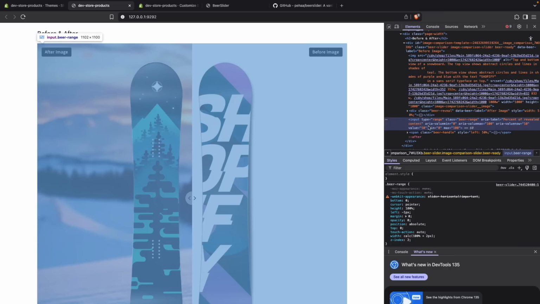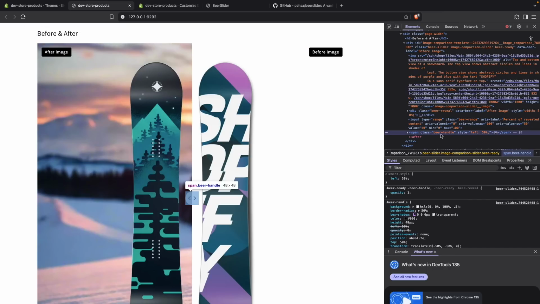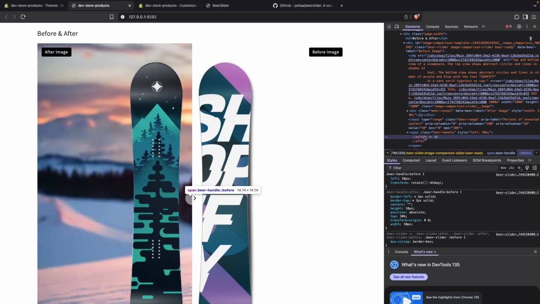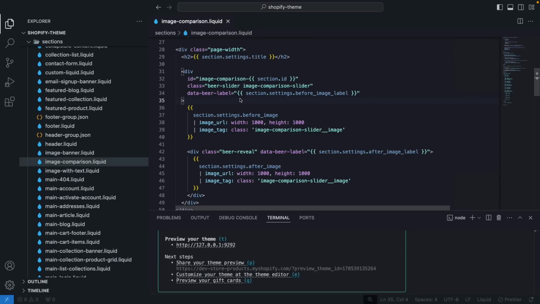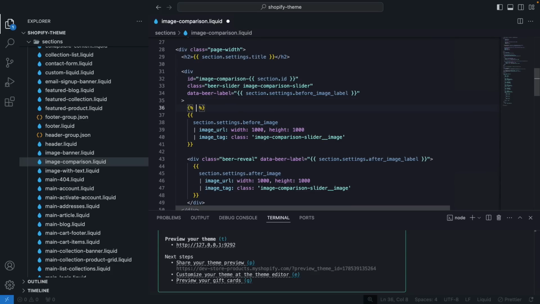So we just need to find where this is, which in this case is this beer handle span from here. And you can see that this icon in the middle are actually a before and after pseudo element, positioned and styled to look that way. So you can style this to use a different icon. You can maybe inline an SVG by using the background image property, or do whatever else you want because this is just CSS. And lastly, just so the section isn't broken, from the beginning we can do